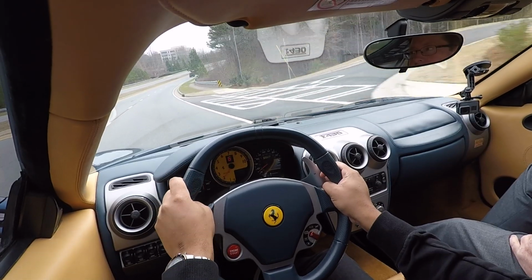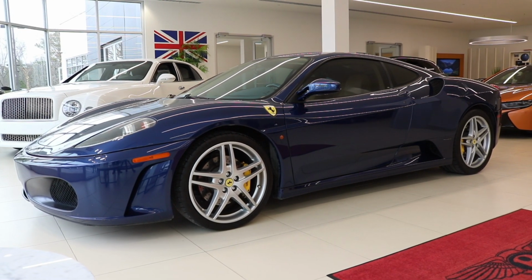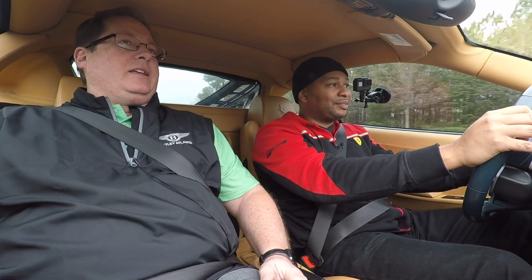So this is my first time behind an F430, and this is really where we started to see Ferrari put a lot of technology in their cars. This car, design-wise, has truly stood the test of time, unlike its predecessor, in my opinion, the Ferrari 360. That car didn't really age well, did it? Now, the car is starting to look a bit dated. When Ferrari built this car, they actually debuted it back in 2003 at the auto show, and then it came out in production as an '05 model, but